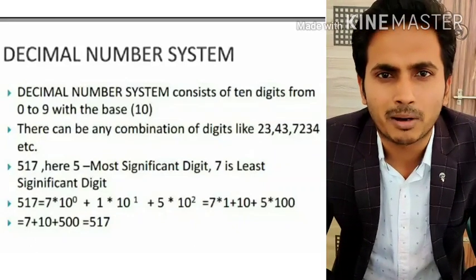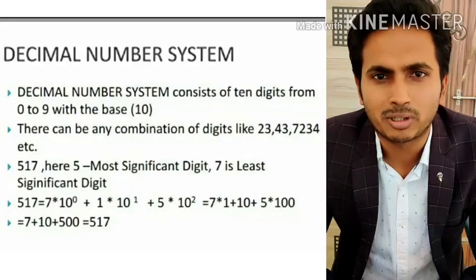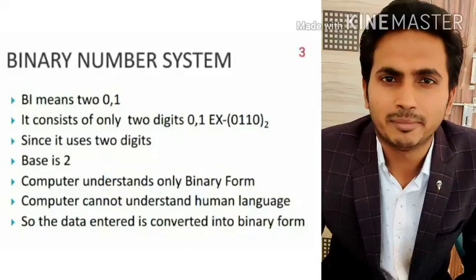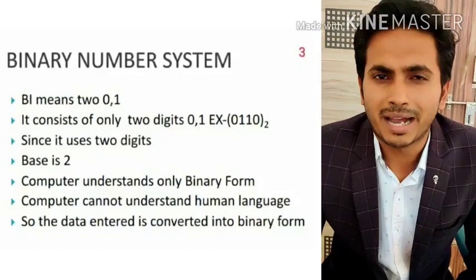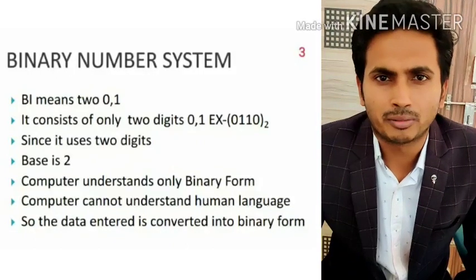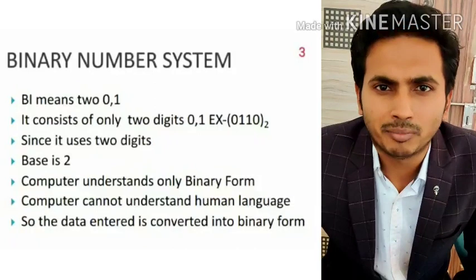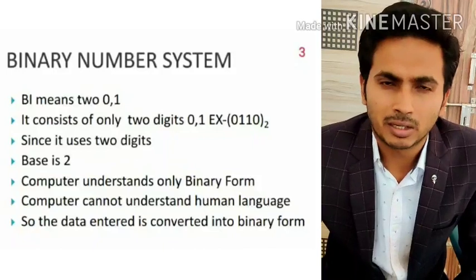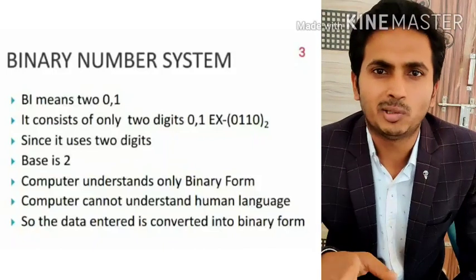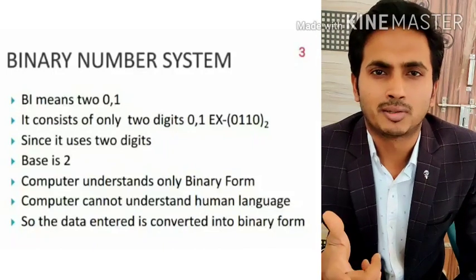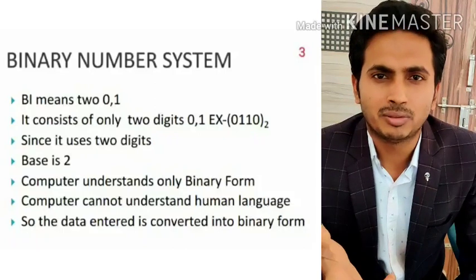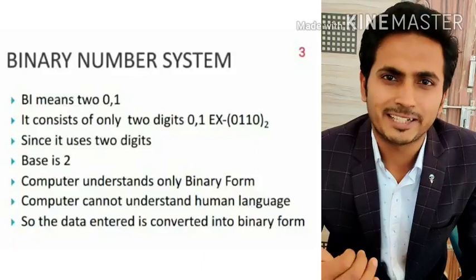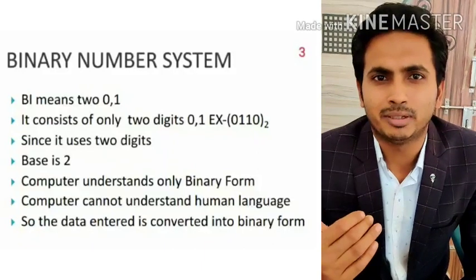So we have to take the power of 10. Why? Because we are using the decimal number system. Now the binary number system. You see, bi means 2. So the computer only understands the binary form. It means all we are speaking and typing is converted into the form of 0 and 1 and their combination. So any number, say 1 0 0 1 0 1 0 1 0 0 1, when its base is 2, becomes a binary number.